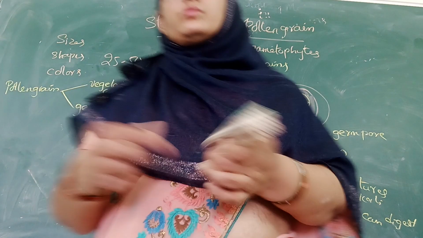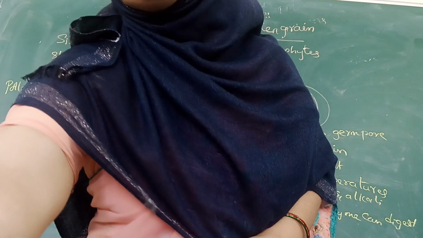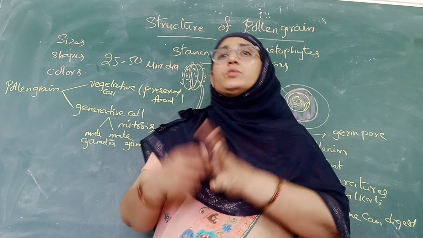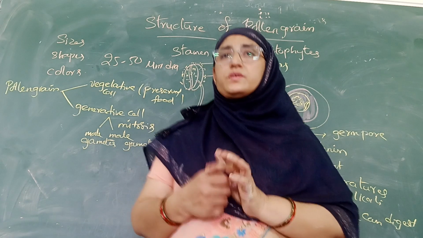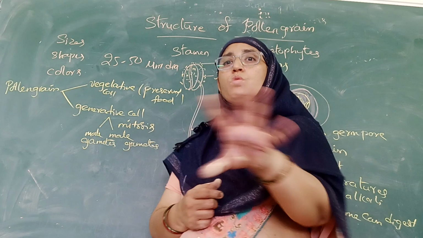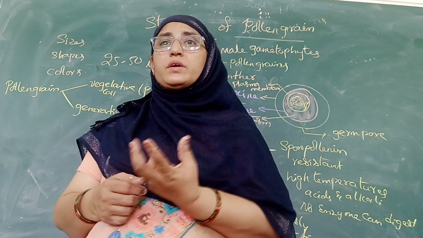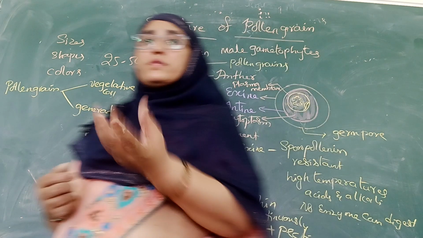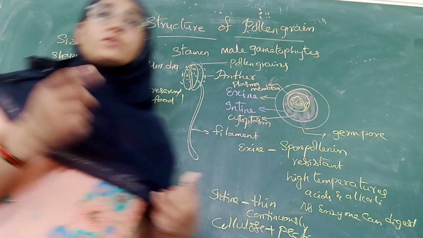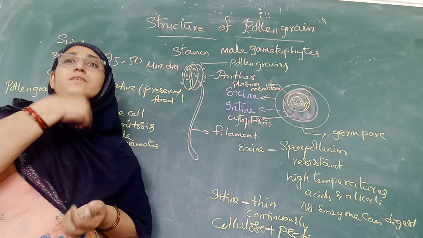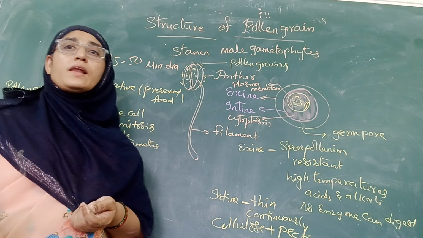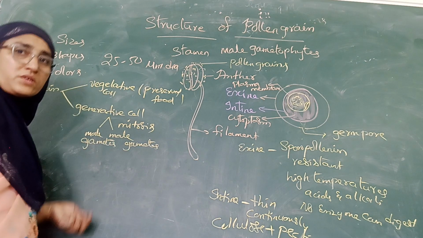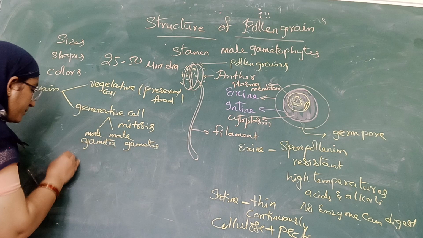Now let's talk about some effects of the pollen grain. It is known that pollen grains can cause allergies in humans. That's why we should not go and smell all the flowers. Why? Because some species of flowers are allergic to us. If the pollen enters the human body, it causes diseases related to the respiratory system. What are the respiratory diseases? Majorly, asthma.